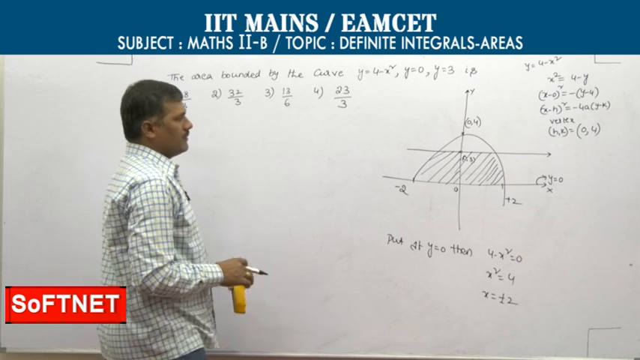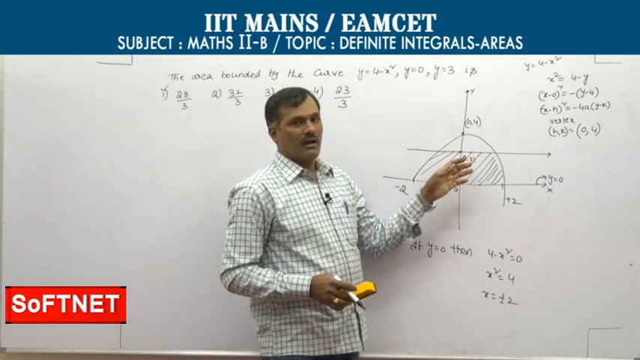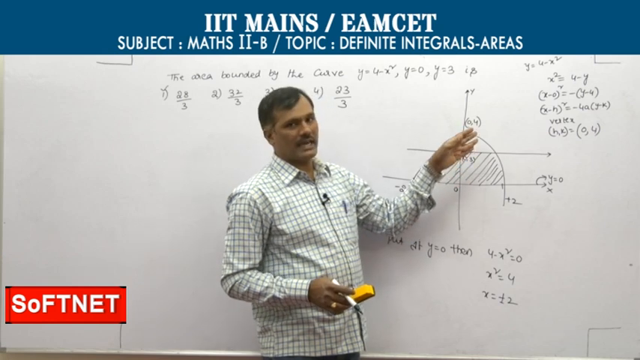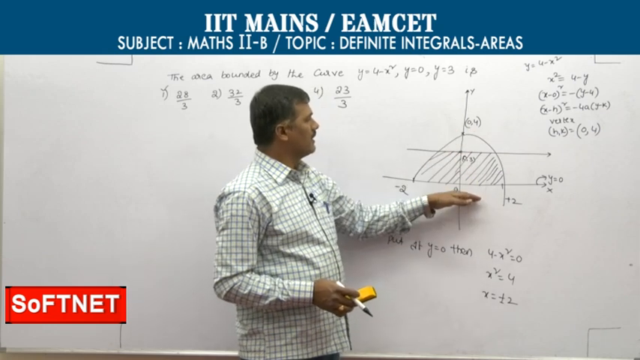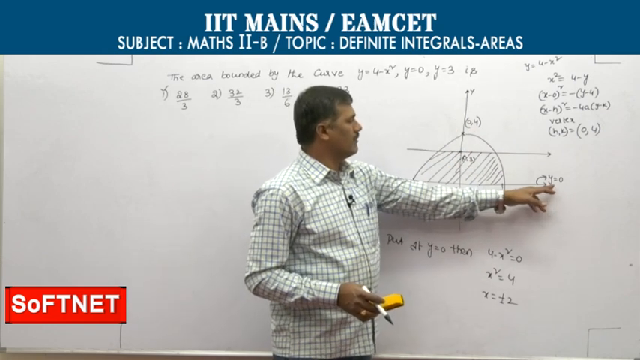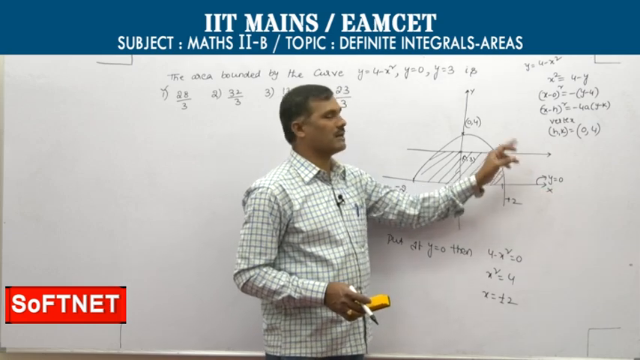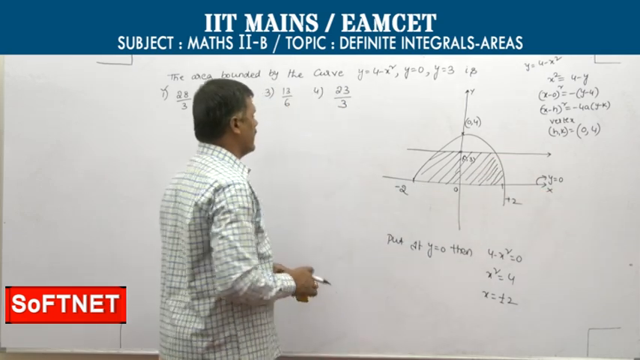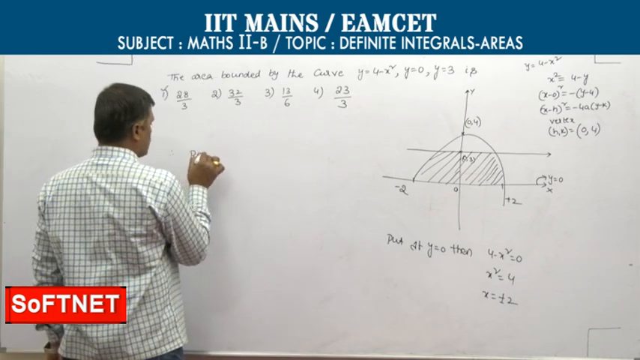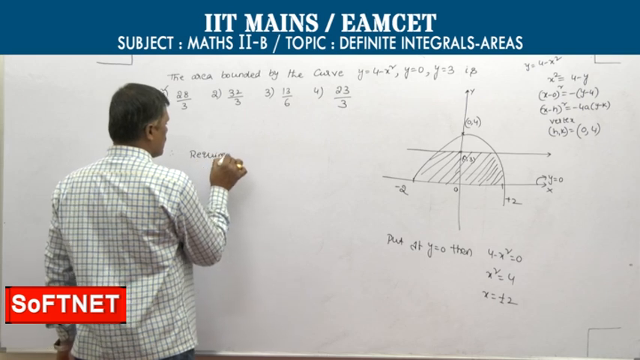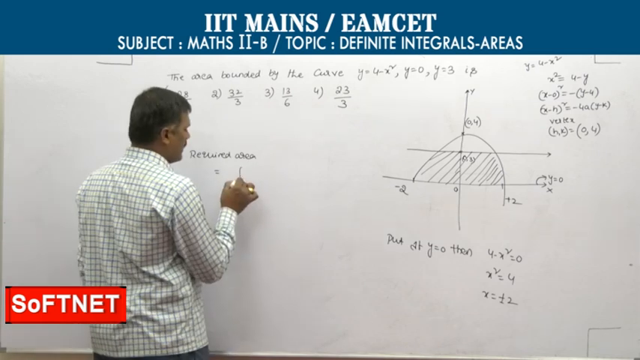Now, we cannot always take the area with the x axis, x equal to a, x equal to b; here it is with the y axis. So the curve y equal to 0 means y equal to c, and y equal to 3 means y equal to d, and the area is the integral of x into dy. Therefore the required area is equal to